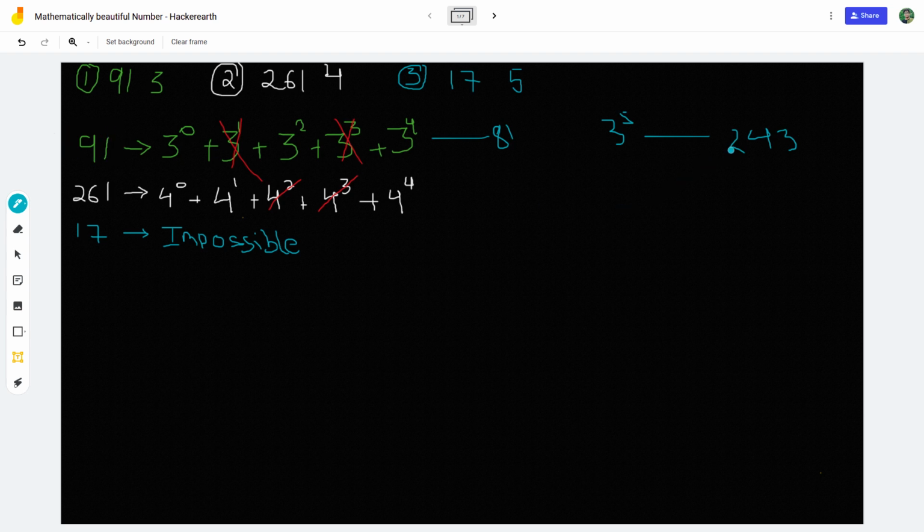So anyhow, even if we don't take any of the others and take only 243, we will not get 91.